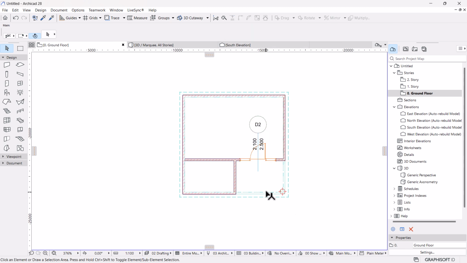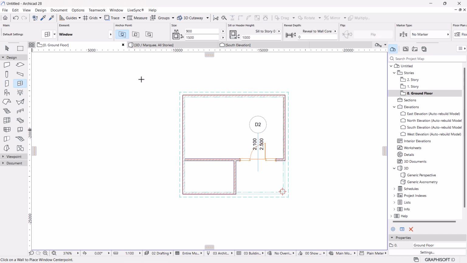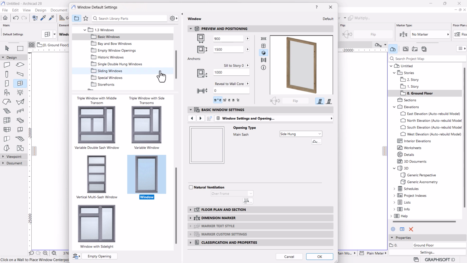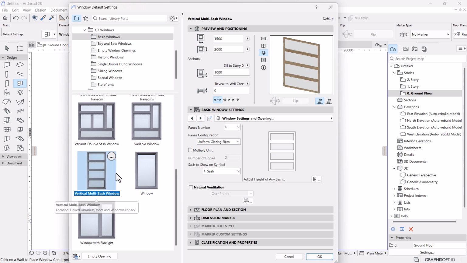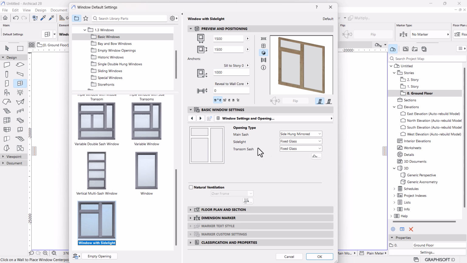Okay, so let's move on to the windows. If you activate the window tool, it's exactly the same thing as your doors. So if you go here under the settings, you would see we have a bunch of libraries that come with this template that decide what type of door, or what type of windows, you want to place. In this case, I'll go with this one, and this one also is very important. With the latest version, which is ArchiCAD 28,